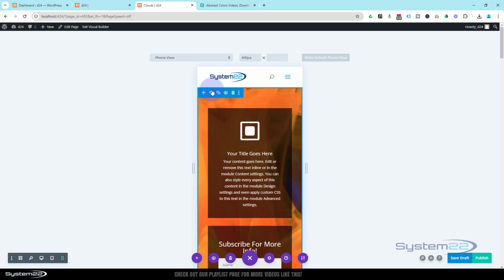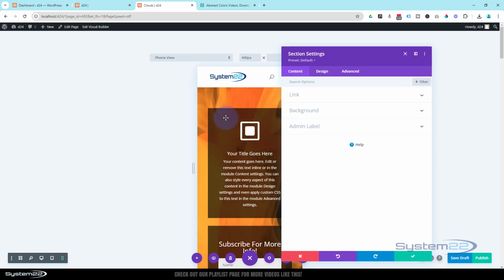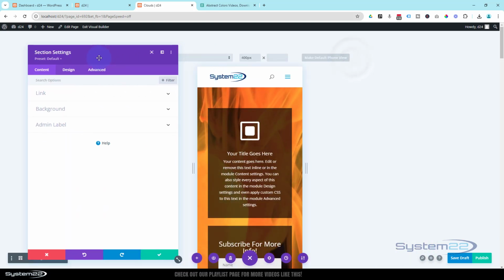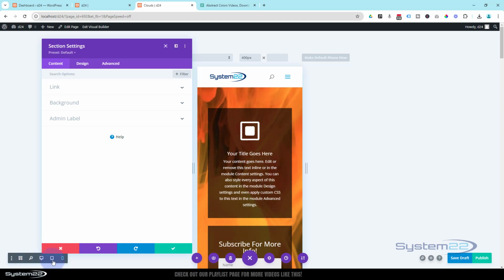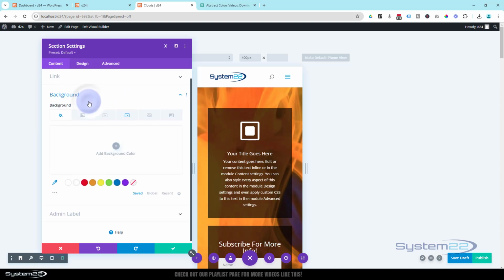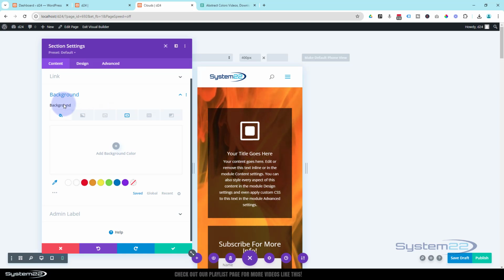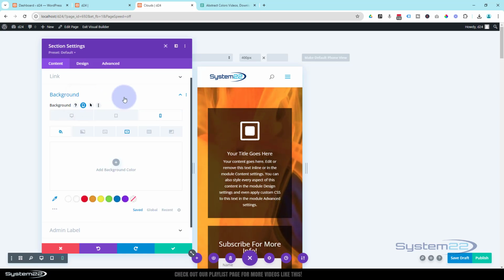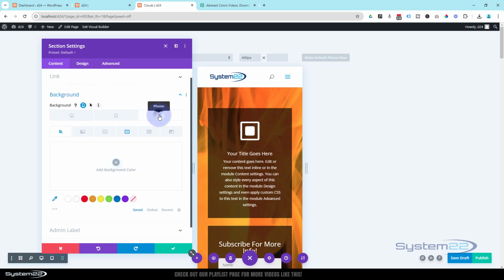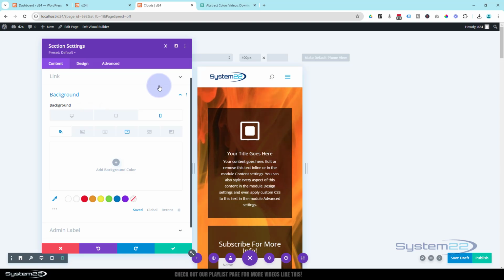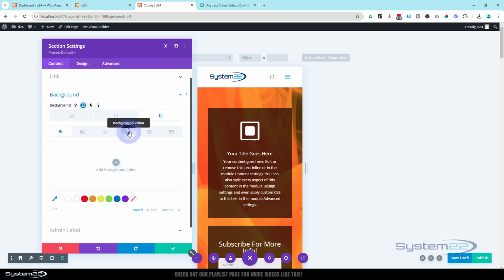So I'm going to go into my section, blue towel on the section, and of course you can edit in whichever screen size you want to. You can build from mobile up if you want to with Divi, which is great. So let's go into our background here. Let's roll over the dark writing where it says background. This is important. What we need to do is roll over that till the icons come up, hit the little mobile phone type icon, select the size you want, which is phone, and we can add a background video just